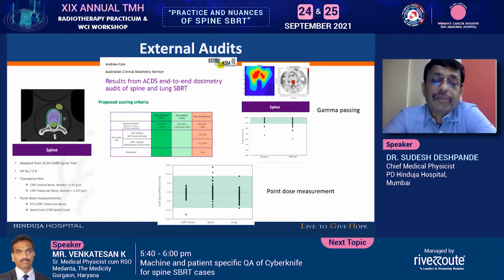If you see the results of the point dose measurement, even with the 8% criteria, some of the institutes failed the external audit. When they went back and studied why people failed the point dose measurement, they published a paper and found that it was a problem of the treatment planning system. They were measuring the dose in bone, taking into account the high density of the bone, and some planning systems have an issue there. When they did a Monte Carlo calculation and compared the results, they found the compliance was better compared to what they had done in the initial